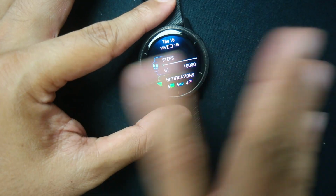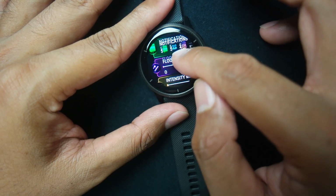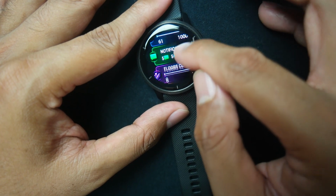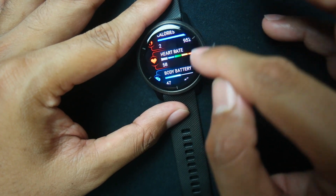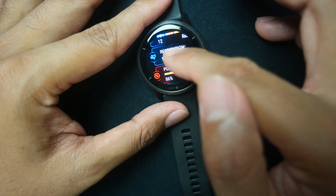And yeah, I do like this glances a lot better than having to mess with one screen at a time before you have to swipe over to each different screen, which wasn't horrible, but this is a lot more user-friendly. I like this a lot better than what they had before. So you can see right here, this is a tracking device, and it will track my steps, have my notifications, my floors climbed, my intensity minutes, calories, my heart rate, my body battery, my stress is pretty low, my respiration,